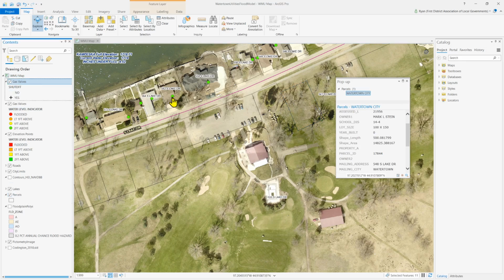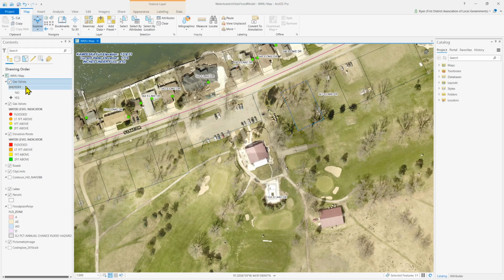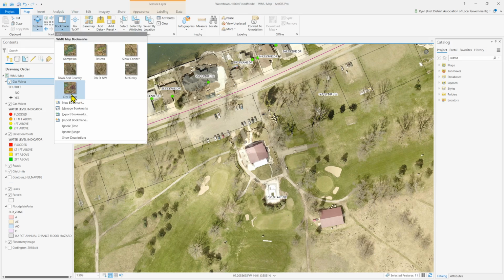If I want to do the gas valves, click on that one, and you get gas valves. So that is actually quite handy. And I like to leave that as a default, but that is up to you. One thing that is very, very important, and you're going to do this at some point, I virtually guarantee, is